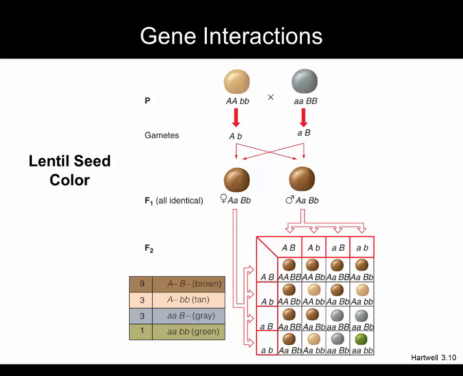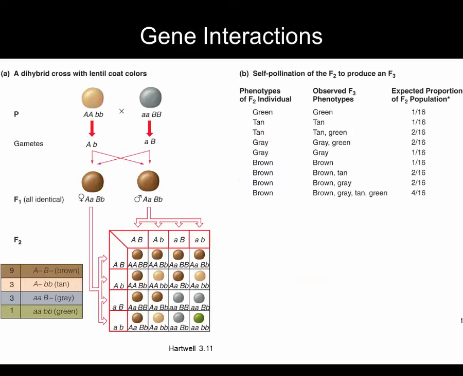True breeding tan lentils are homozygous dominant at one pigment allele, A, and homozygous recessive for another pigment allele, B. Gray lentils are homozygous recessive for A, but dominant at B. When crossed, you get brown lentils, the result of having at least one dominant allele of A and B, and the dihybrid cross gives the 9-to-3-to-3-to-1 ratio we saw before. Here, the double homozygous recessive lentil is green. Because some phenotypes are associated with multiple genotypes, it becomes tricky to predict what will happen if this generation is